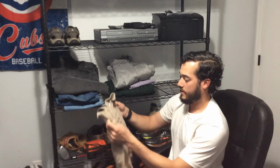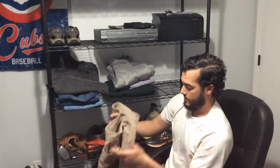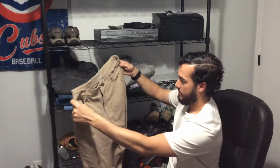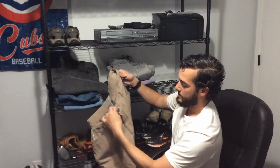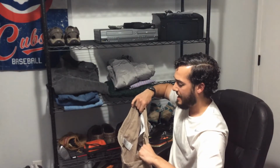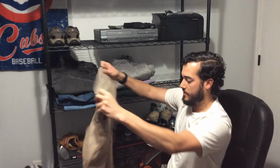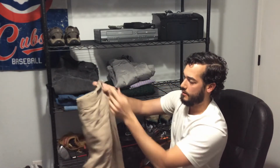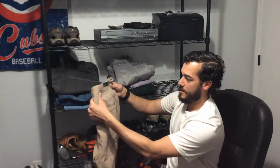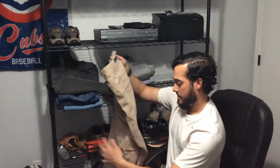All right, so I also got this pair of Mountain Hardwear. Now these are just a pair of khaki, and it looks like they're not cargo; they're just straight ones. It's got a pretty cool button here, and Mountain Hardwear, I think I had sold them in the past. I did check comps on these, and they met my threshold of whether or not to buy them. But for $3.99, I was just kind of hitting up the common items that I like to sell,